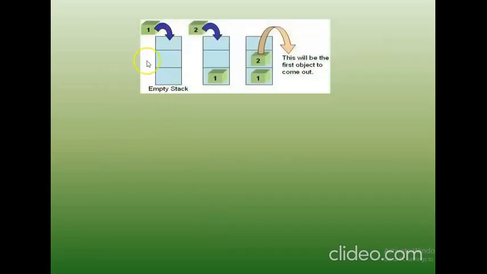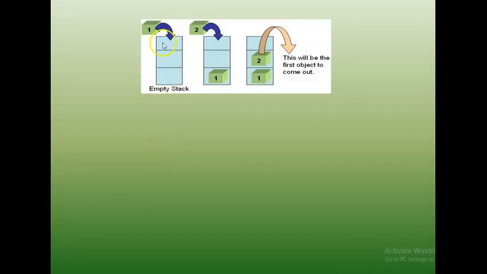So let us assume a stack like this. There is nothing in it and it can hold three objects of the same type according to our definition. So there are three spaces to hold three elements. When there is nothing in the stack, it is called an empty stack. So empty stack is a situation where there are no elements present inside this structure.